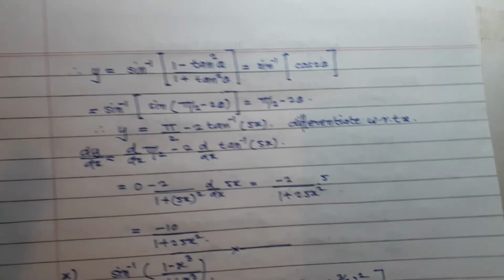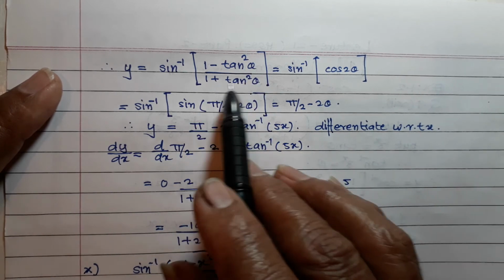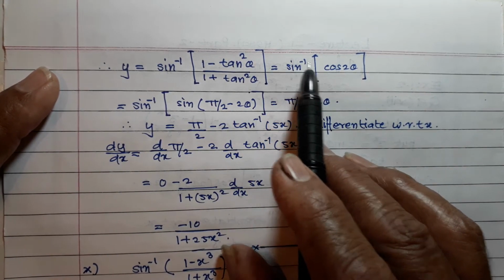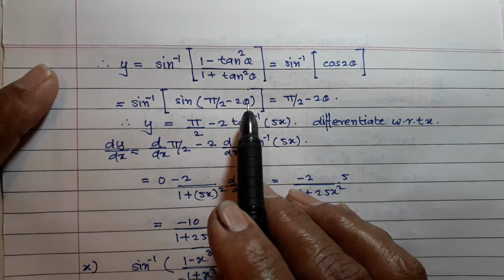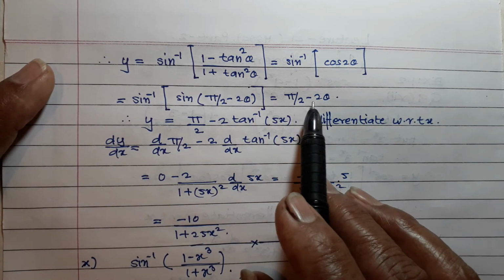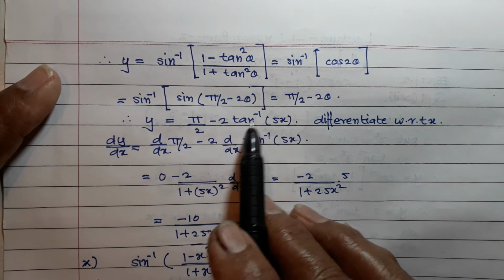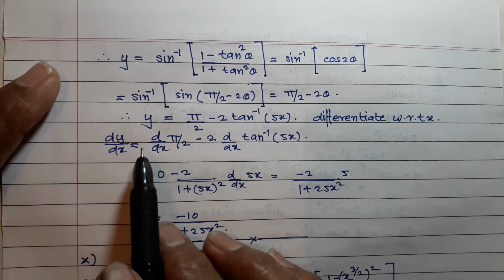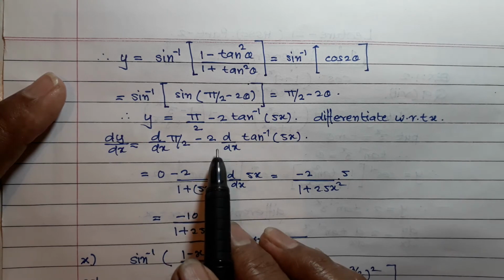And now therefore y is equal to sin inverse of (1 minus tan square theta) upon (1 plus tan square theta), which is equal to sin inverse cos 2 theta, which is sin inverse sin(pi by 2 minus 2 theta). Therefore y is equal to pi by 2 minus 2 theta, which is equal to pi by 2 minus 2 tan inverse 5x. Differentiate with respect to x: dy/dx is equal to d/dx of pi by 2 minus 2 d/dx of